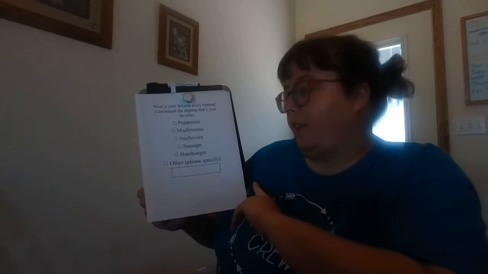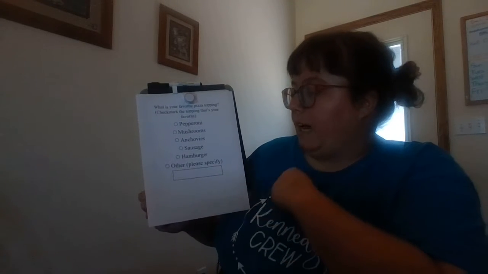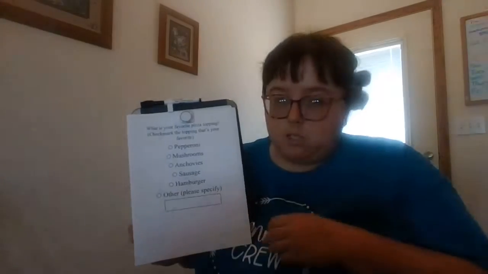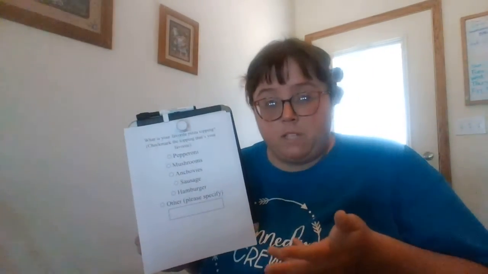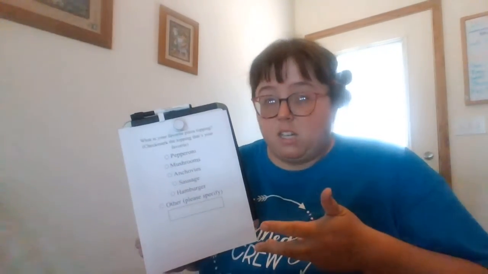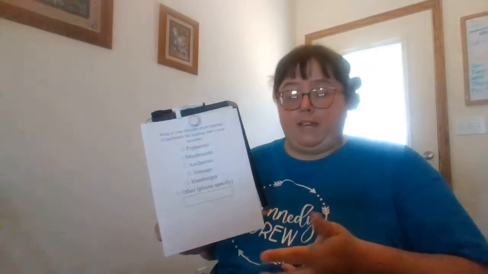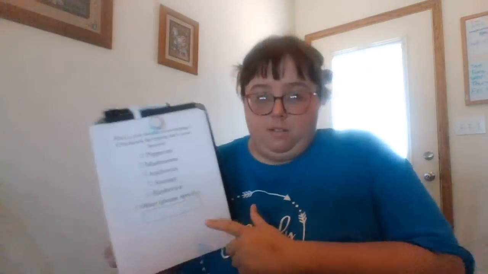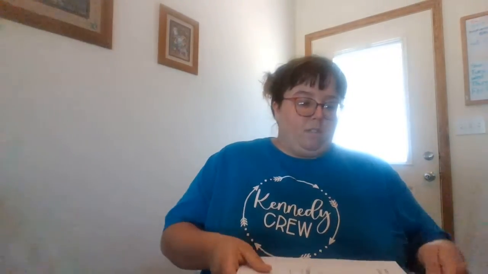Sausage, hamburger, or other. And I emphasize, please be specific. I attach a box where students can write down a specific topping they like, such as pineapple or Canadian bacon. You name a pizza topping, they usually would write it here. Okay? So on to my fourth rule of the 5 golden rules for writing a test will be place most